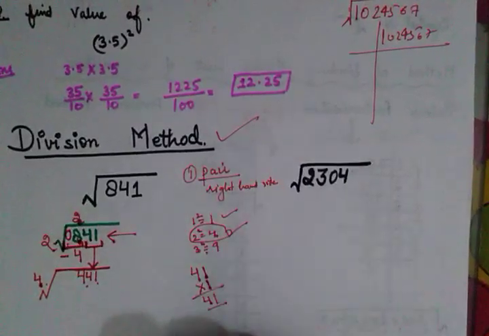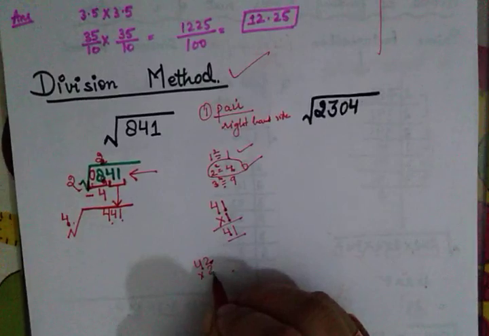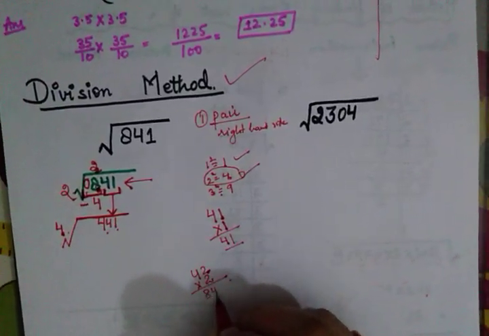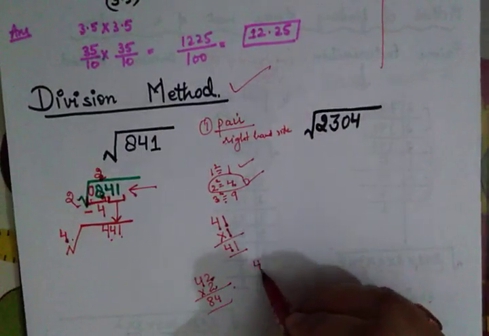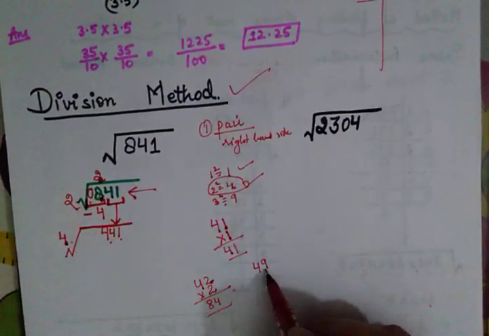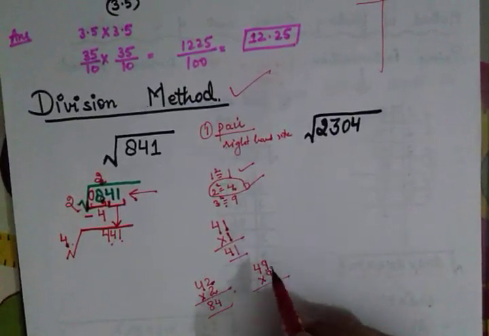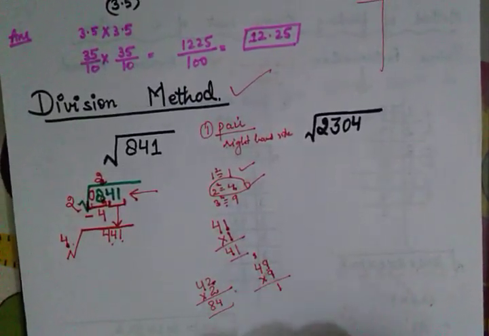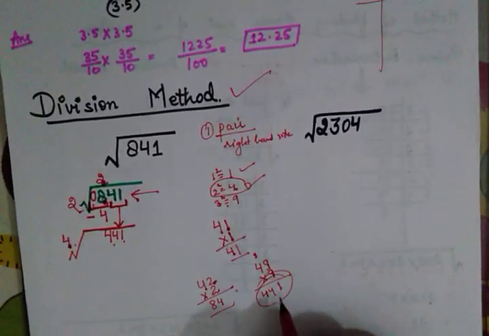Let's try with 42. So if you are attaching 2 after 4, you need to multiply also by 2, which will come 84. Still there is a lot of gap. Let's go for a bigger number. Let's try out 9. After 4 I am attaching 9 and I am multiplying also by 9. 9 into 9, 81, 8 carry, 4 into 9, 36 plus 8, 44. And it is coming exactly what we wanted.